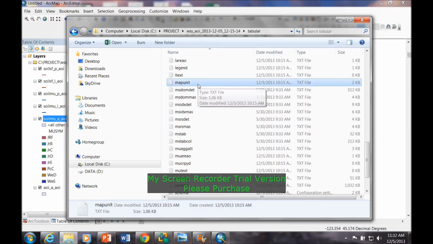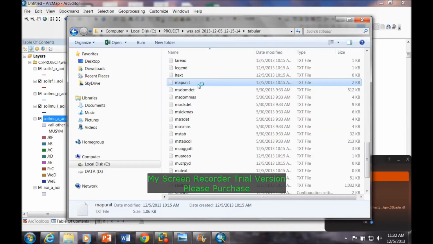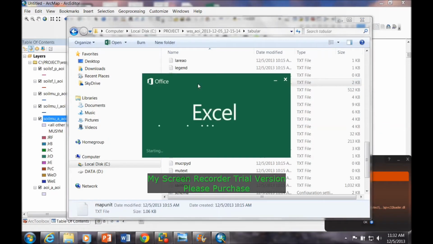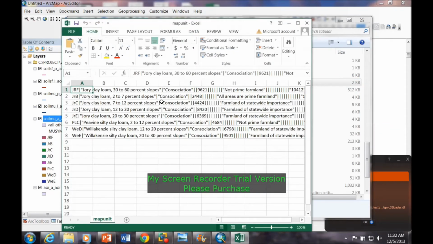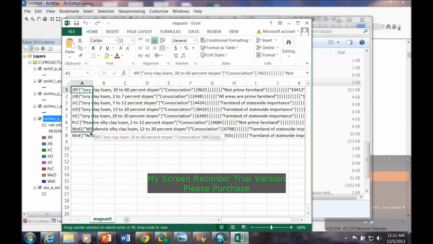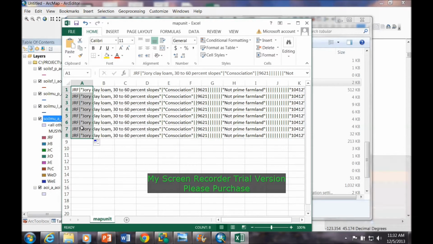In our case, it's the map unit. It has the slope percentage that goes along with the soil type so that we can see what soil type is at what percentage. But right now, once the text comes in to Excel, it looks kind of unorganized here and out of sync. So what you do is you highlight that first column where everything's thrown in, and each